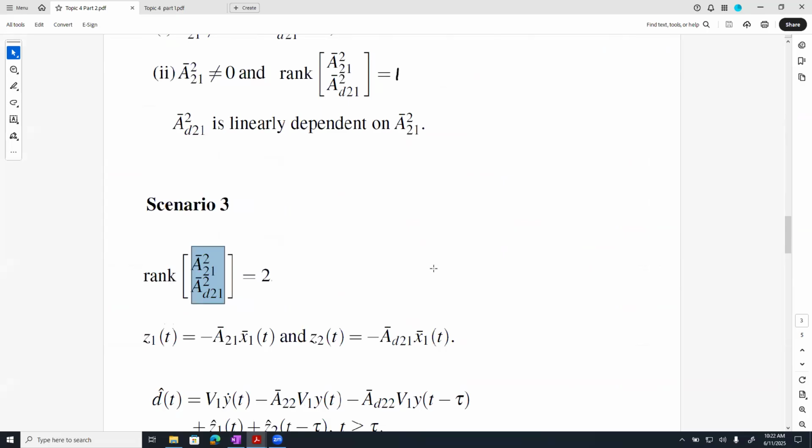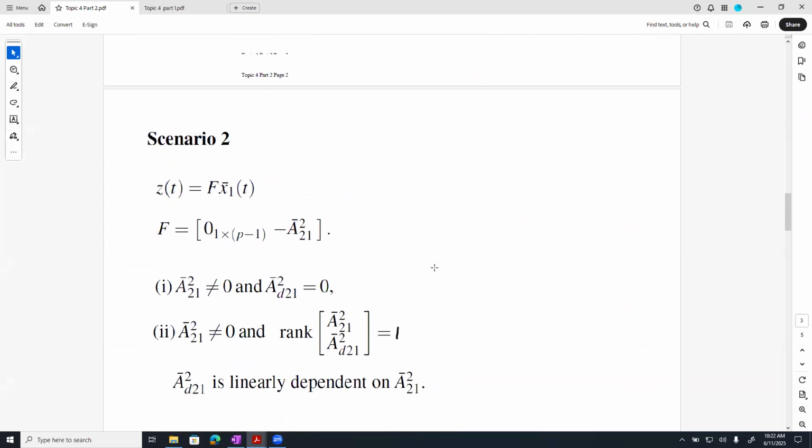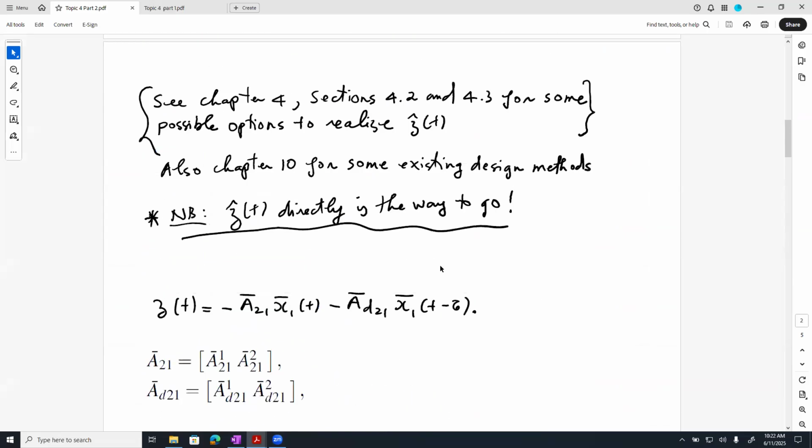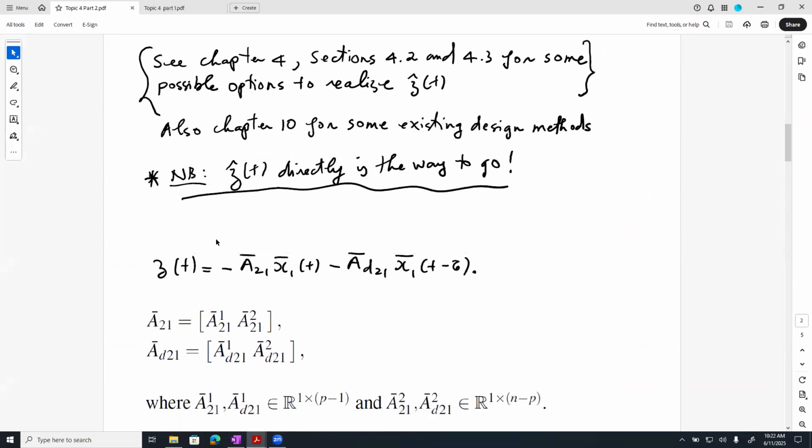So in other words, that means that we have to realize this functional and this functional. Now remember, at that time we didn't know how to do them all together. So we then said, look, in the case where this row matrix is non-zero and independent from this row matrix, which is also non-zero and independent,